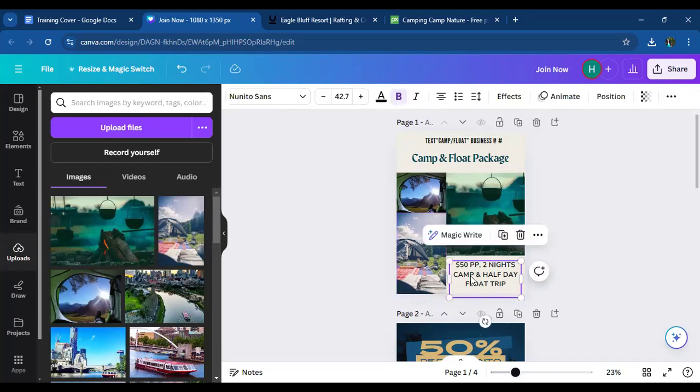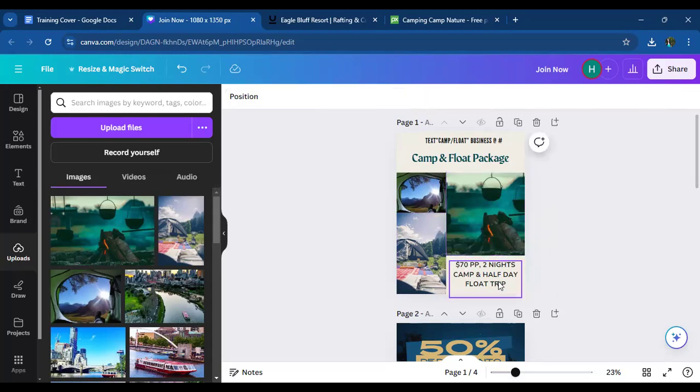And then what you're gonna want to do though is since it's 50 a person, 2 nights, camp, half day float trip, this is not a supplier, so the commission's not put in. So what you're gonna want to do is add your commission to your mock booking. So let's say we want to keep it simple. We'll make 10 bucks a person. I mean, that's really low, but it's just simple math. Or we'll do 20, all right? 70 bucks a person, 2 nights, half a day float trip, and then